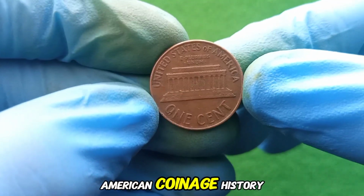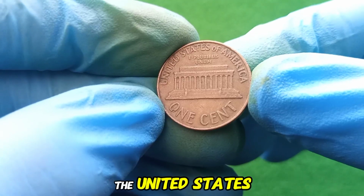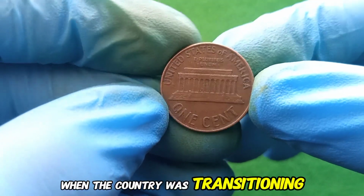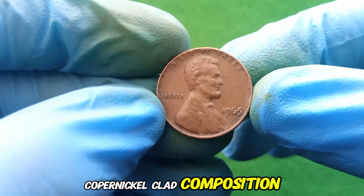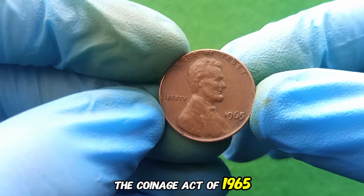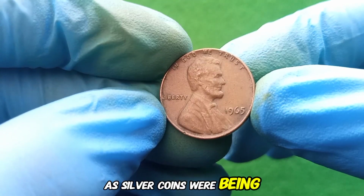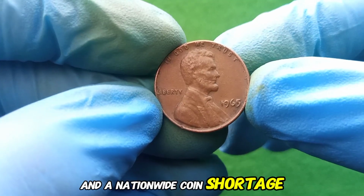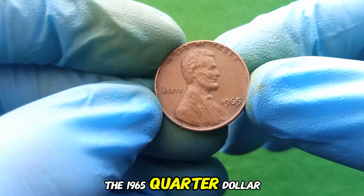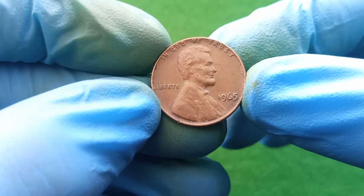in American coinage history. This coin was minted during a pivotal time in the United States, when the country was transitioning from using silver in its coinage to a copper-nickel clad composition. The Coinage Act of 1965 marked the end of an era, as silver coins were being phased out due to rising silver prices and a nationwide coin shortage. The 1965 quarter dollar was one of the first coins to be struck in this new composition, making it a